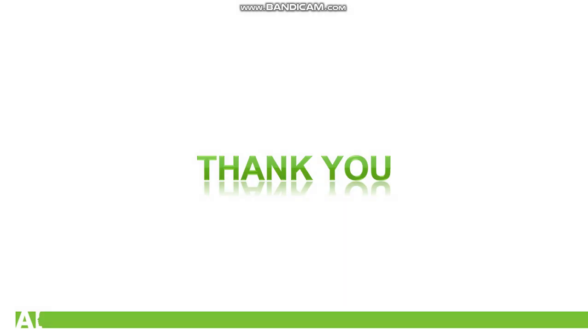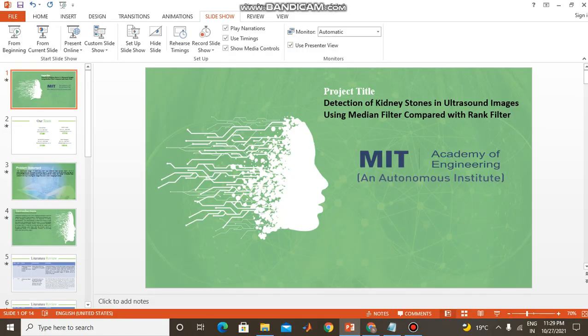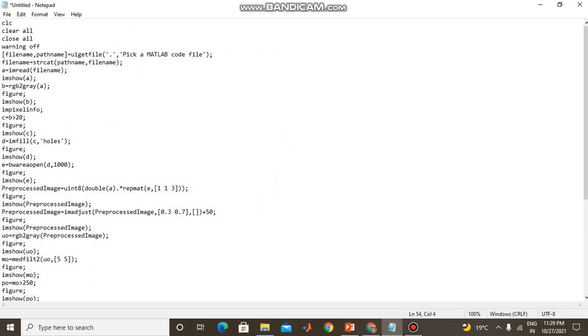And before the thank you, we will see the code. Currently we do not have offline MATLAB, that's why I'm showing the code in Notepad. This is our proposed code.